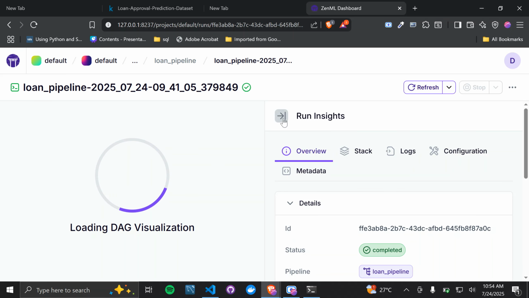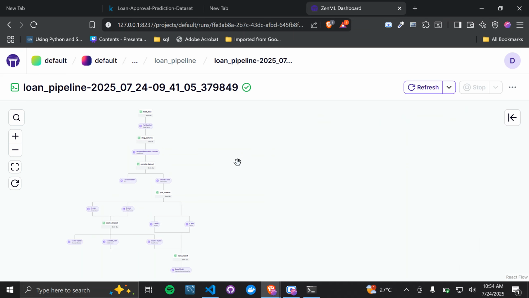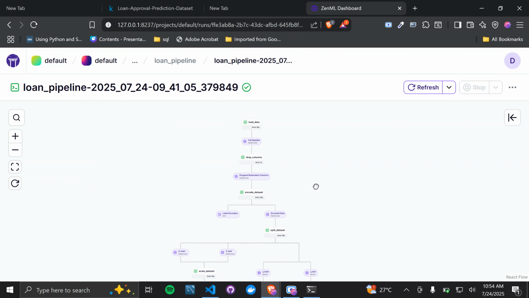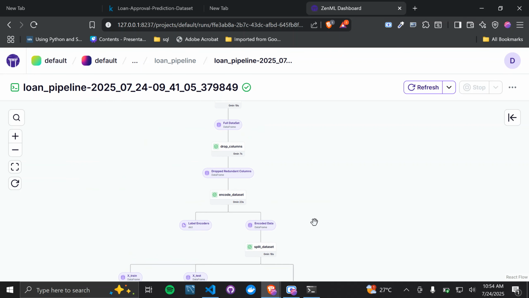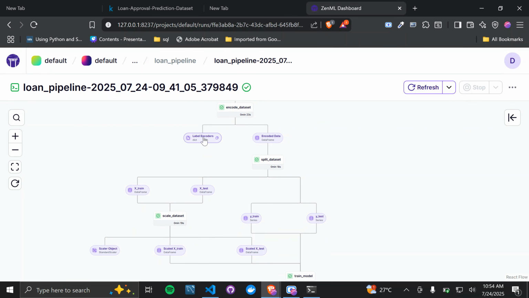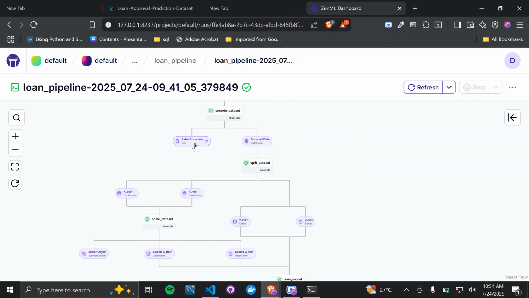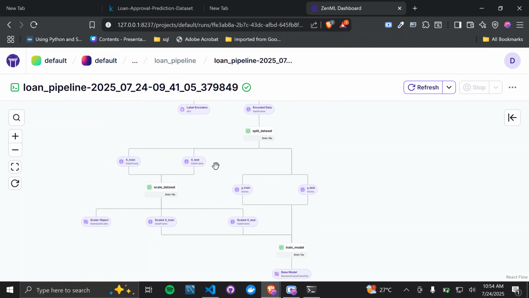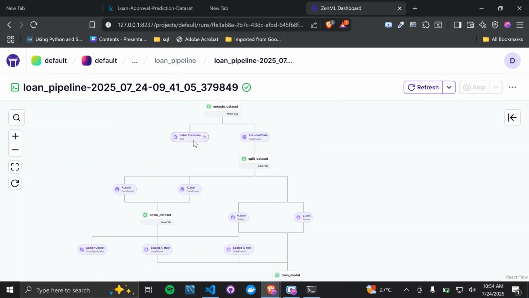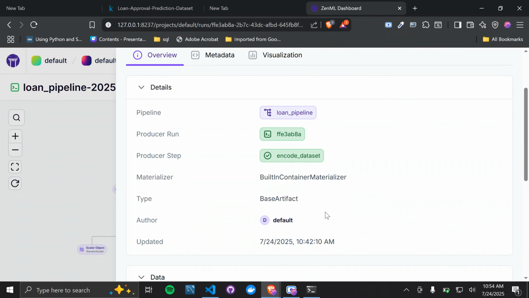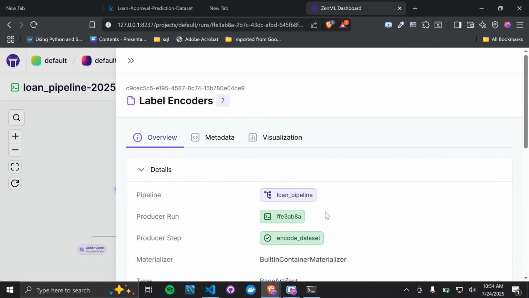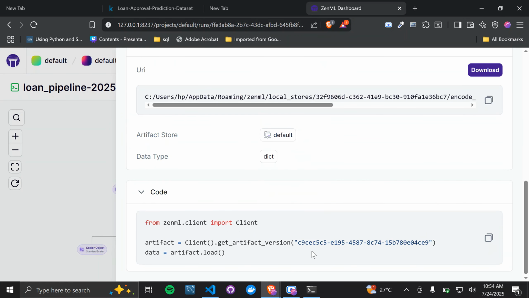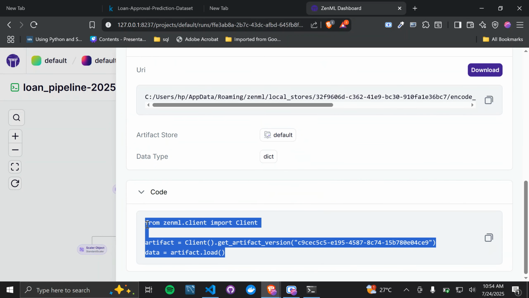So if I click on that, I get this diagram that I had already shown you in the last one. If we look at the things that we're going to be copying, one is this label encoders object, this one here. We're also going to be copying this scalar object, and we're also going to be copying this base model. So how can we do that? If we click on this label encoders and come here, right, this piece, we can just copy this whole thing